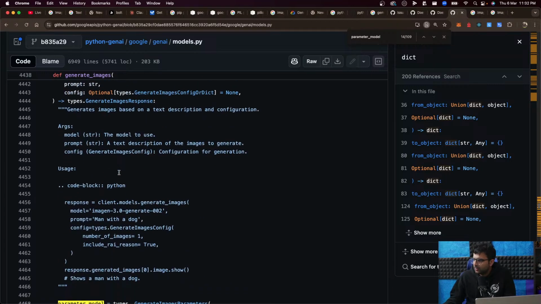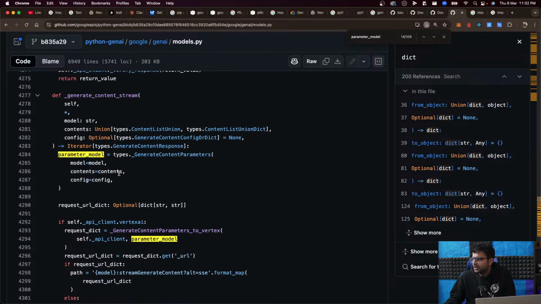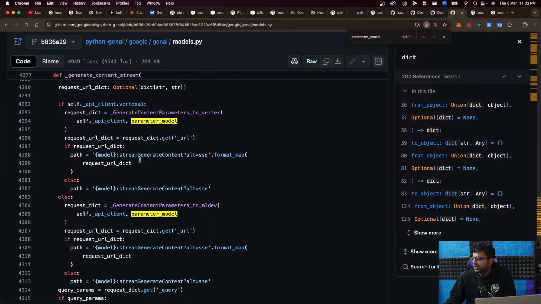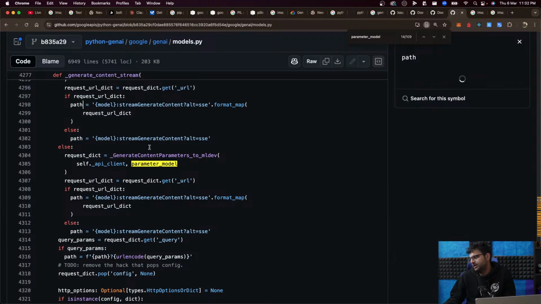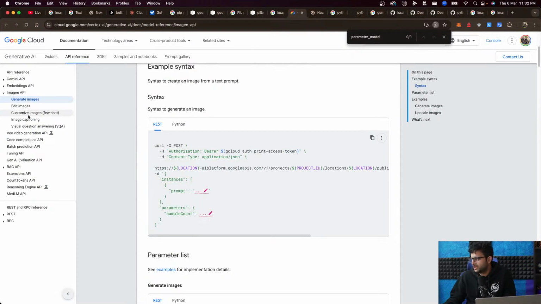Let's go back up to generate content. Stream is also fine. Model colon stream generate content is the path. Is that the path over here as well?